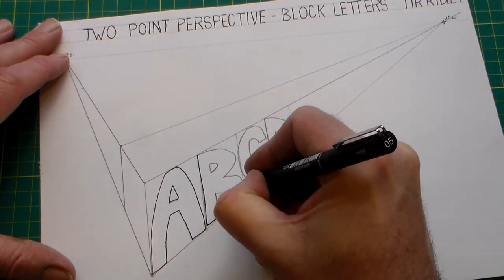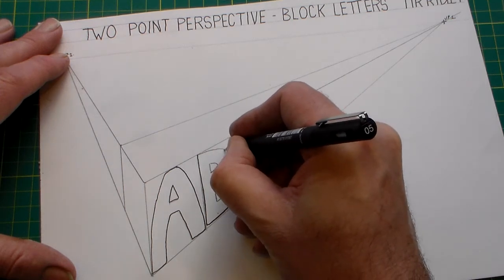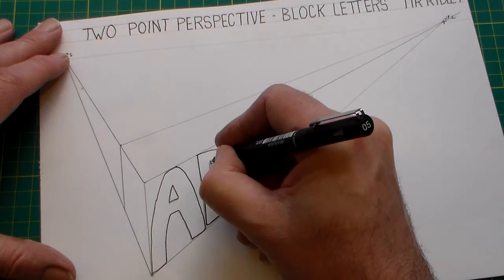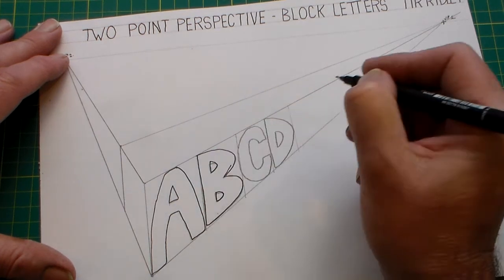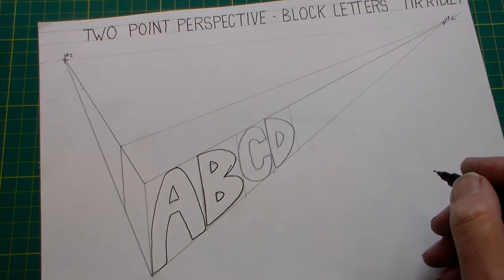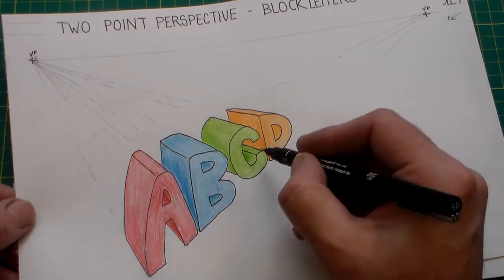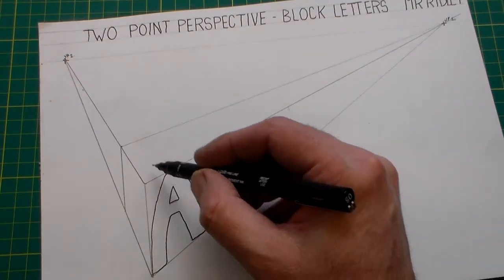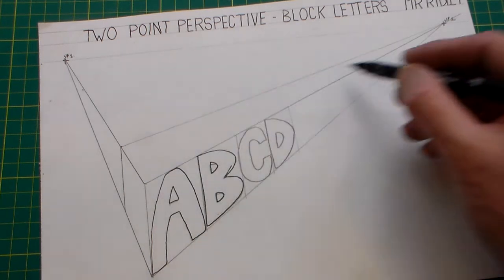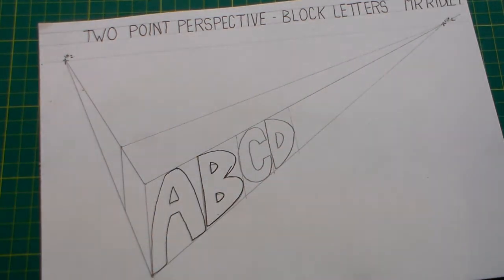So what we've done here is create the front face of these letters. So I've created now the front face here of these letters. Now what we need to do is add this three-dimensional effect. So we've got our line here showing we've already selected our depth of letters, and what we're going to do